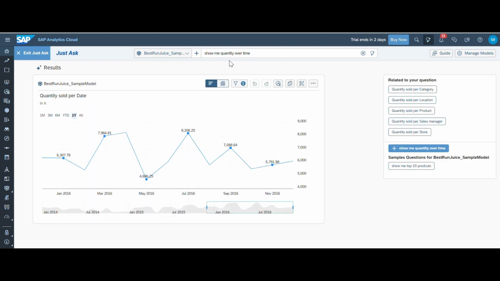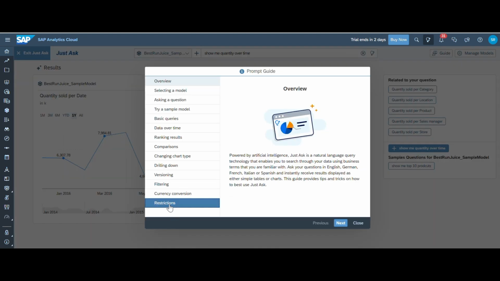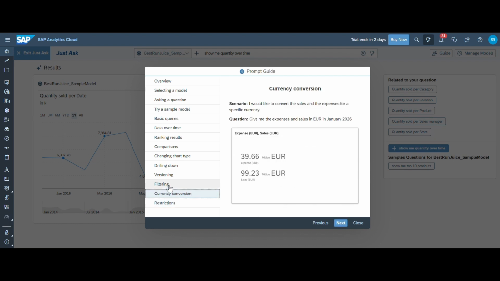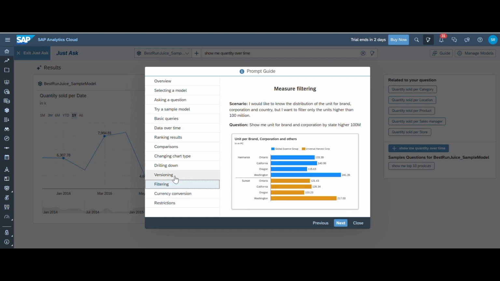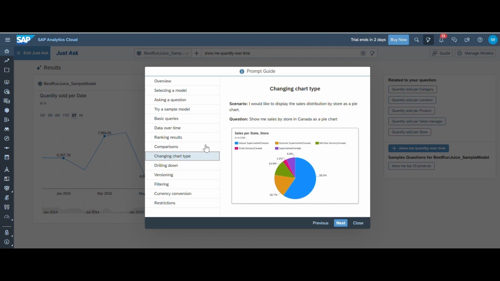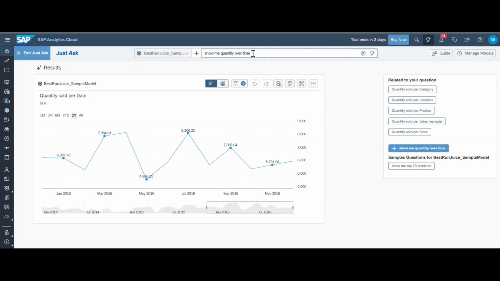So you can refer to the guide also for framing the questions, like what are the different restrictions available in Just Ask, and currency conversion, how it works if you have a currency conversion enabled in your model. Then different filtering, then versioning, then drilling down. There is a lot of help provided on this. Then you can change the chart type also. Like let's try this in our,